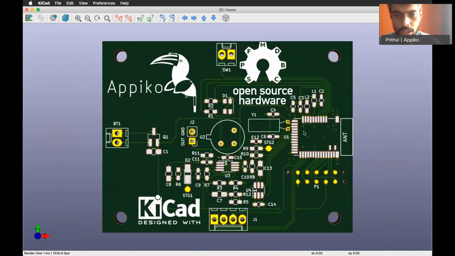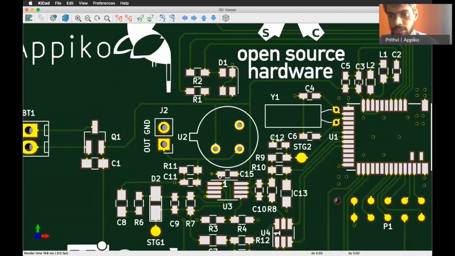Another thing that I would like you to notice is that the decoupling capacitors, which are C3 and C5, are placed quite close to the module. Decoupling capacitors are used for making the power to the various integrated circuits quite free of noise and of good quality.